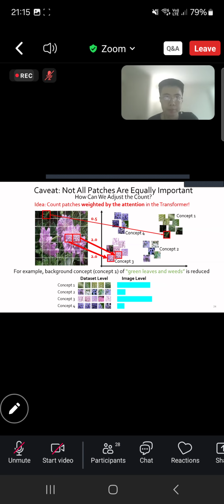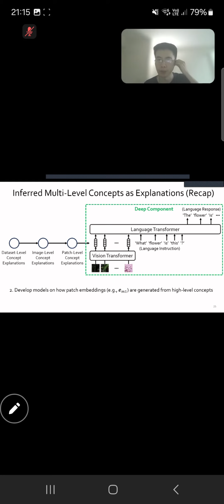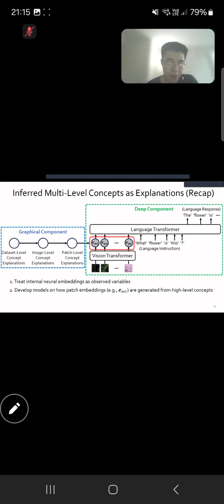This way, the background concept of green leaves and weeds is basically reduced to a smaller number, and the explanation would make more sense. Now, these are just high-level intuitions, but in practice, in order to robustly infer these concepts, we still need to treat these transformers as the deep component and all of these concepts as graphical components. And given these internal neural embeddings, the patch embeddings, as observables, we need to formally infer these high-level concepts and